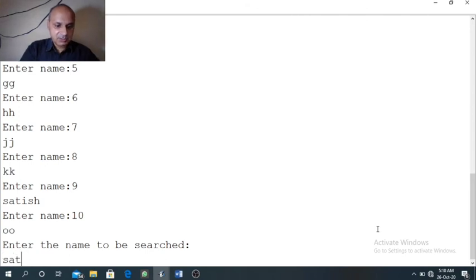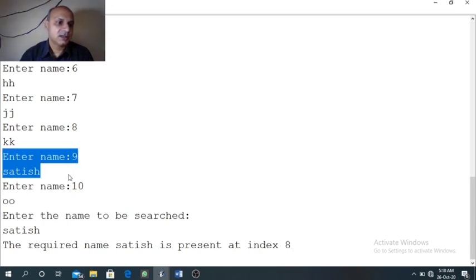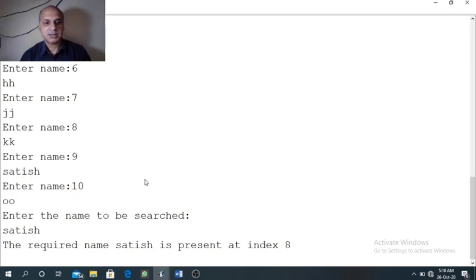I want to check whether my name is present or not. So the required name Satish is present at index 8. You can see, the ninth value will be present at index number 8.